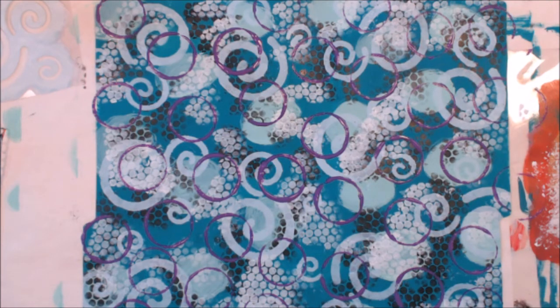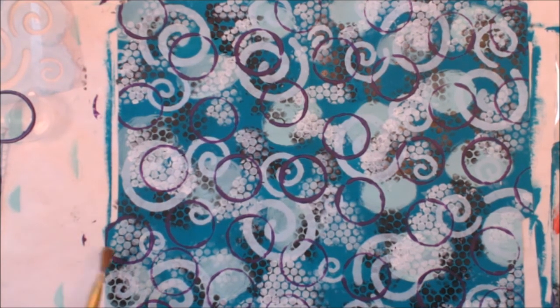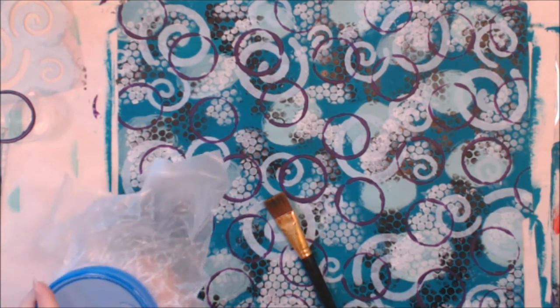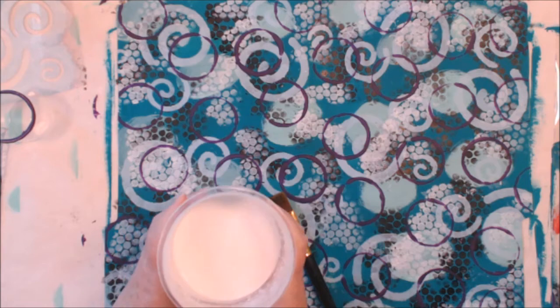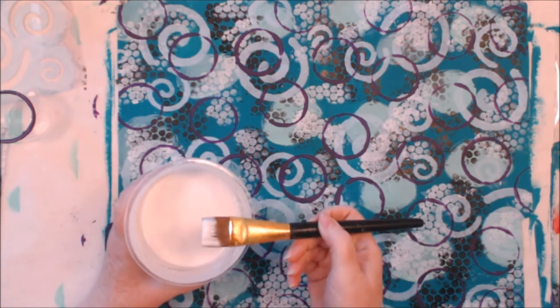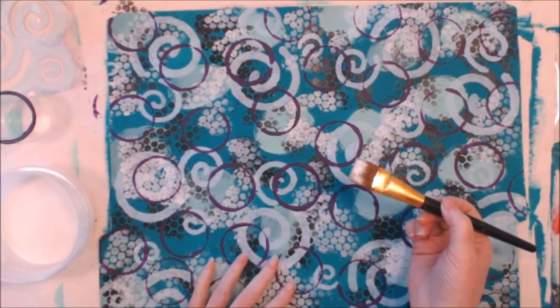Okay, we're almost ready for the last step. Once the little rings are dried, I want to finish this up. Now, I would make a journal page much the same way, building up the layers. Right there, that is my Mod Podge. And you do want to make sure you have a clean brush when you go into your Mod Podge. And if you notice it's a little thinner than Mod Podge,